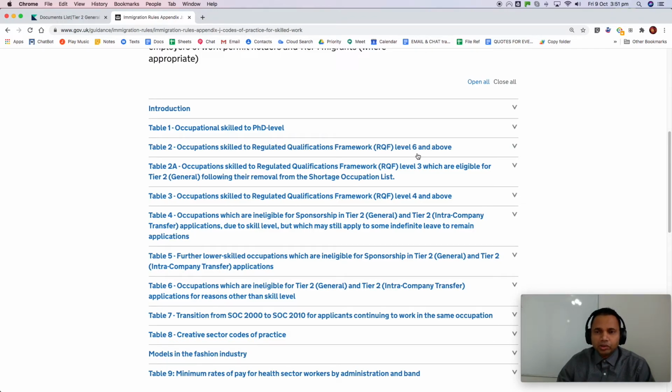However, under the new immigration route after Brexit, after the end of the transition period, the new rules will come into play for a start date of employment. So even the applications can be made before 1st January 2021, and the job can be at RQF level 3 or higher.